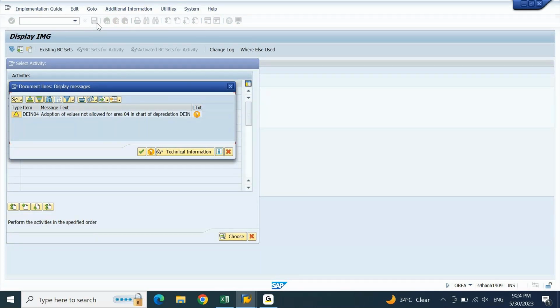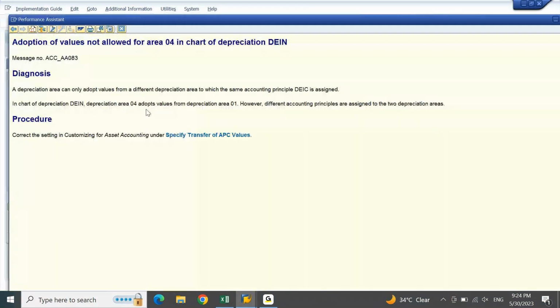Adoption of values not allowed. Open this message. A depreciation area can only adopt values from a different depreciation area to which the same accounting principle is assigned. In chart of depreciation DEIN, area 4 adopts the values from 0, 1. However, the accounting principle is assigned to two depreciation areas. What this error message is talking about is,